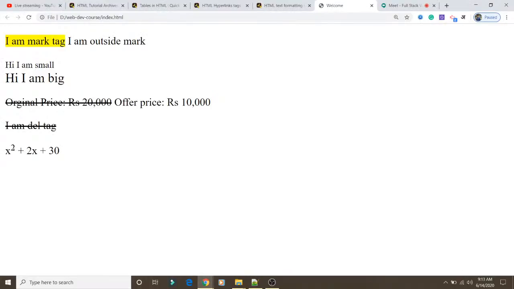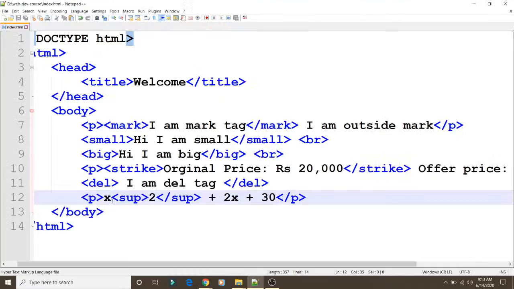So in this way, with the help of the superscript tag, you can mention whatever superscript value you want to write. Where you want to write the value, you need to keep that value within this superscript tag. So in this way you can write the superscript values.